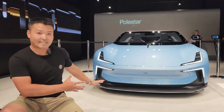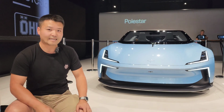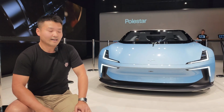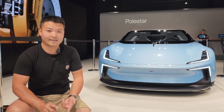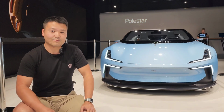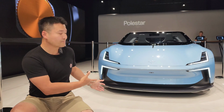Alright, so here we've got the front end of the Polestar 6. It looks super nice, super aggressive, but really clean as well. There's a lot of design cues from Lotus actually that we've discovered. So some of the design cues from the Evija and the Eletre, they're now all under the same parent company. So it kind of makes sense that Geely is actually taking design cues from other cars and putting